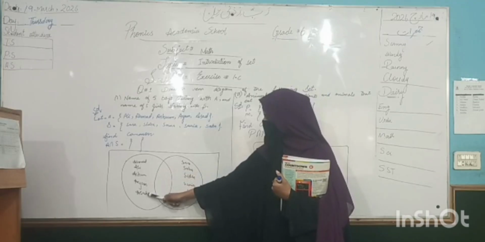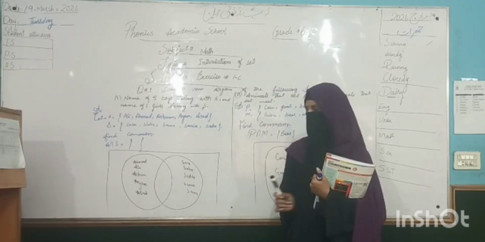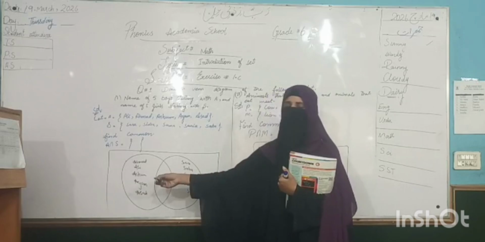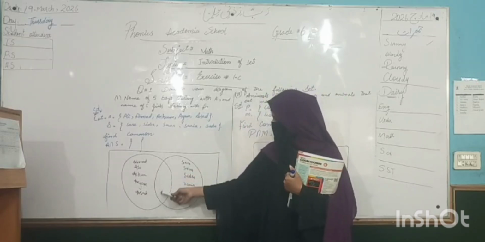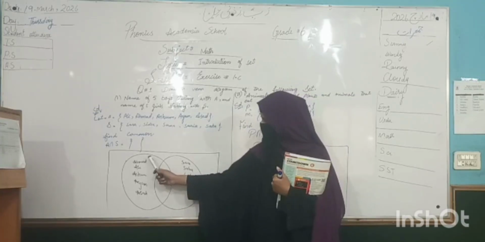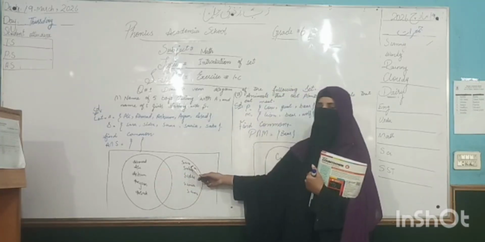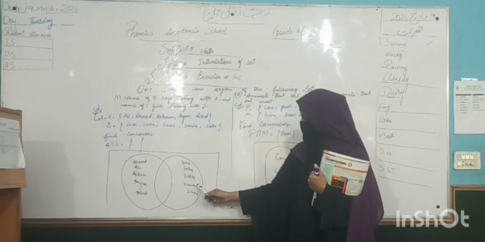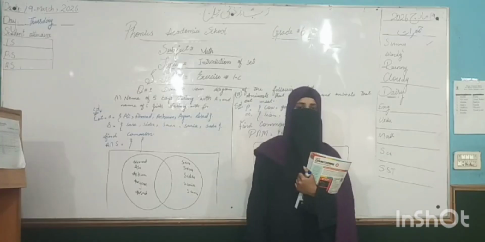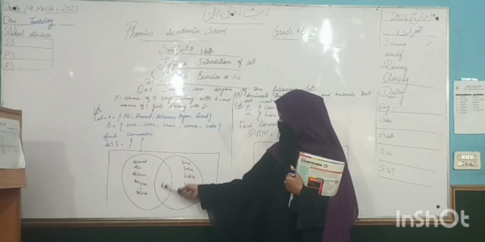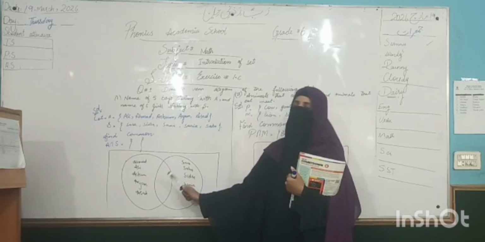One side is to write the boys' names and one side to write the girls' names. If any element is common, you write it in the common place where circle 1 and circle 2 overlap. So if one circle has the boys' names Ahmad, Ali, Arham, Ayan, Asad and the next circle has Sana, Saba, Sidra, Sania, Sara, students, you know there are no common elements, so the intersection place is to be empty. This is called a Venn diagram.